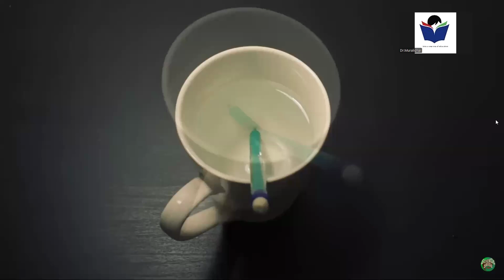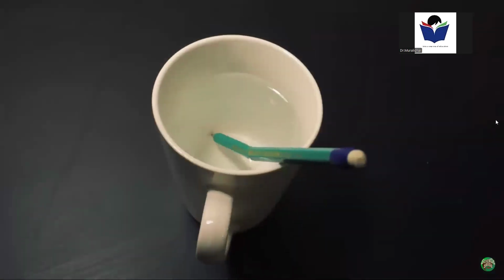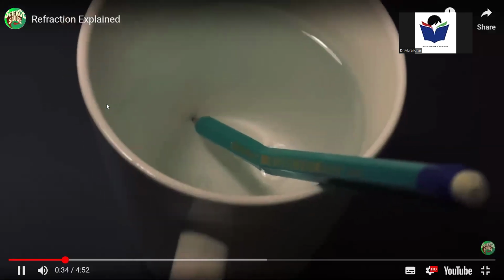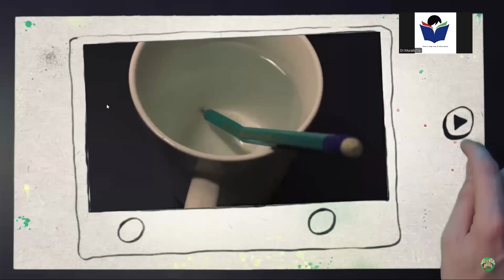If you look from above at a pencil that's partially submerged in water, you see that the part that's underwater looks kind of bent or misshapen. See how the pencil appears to be bending? Remember that you see any object because